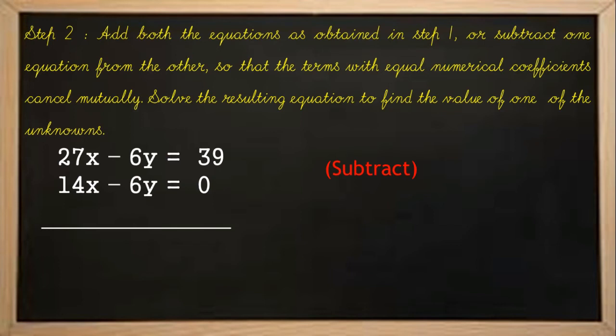Now, when we have to subtract, what happens, children? You are very good in algebra. Now, I am subtracting the second equation from the first equation. When the subtraction is done, automatically the sign will change. That is, the first 14x will be considered as minus 14x. Minus 6y will be plus 6y, and minus plus or minus 0 is minus. So when we are subtracting, we need to change the sign of the second equation. Now consider the new sign: minus 6y and plus 6y will be cancelled.